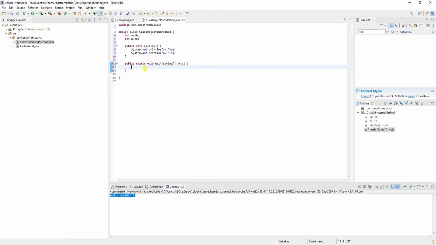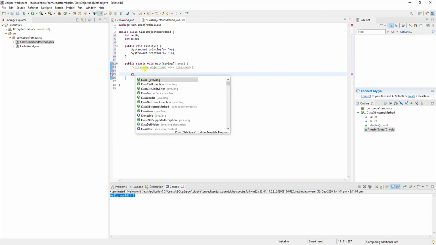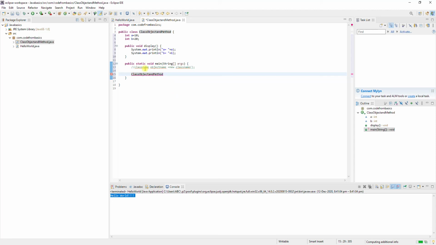I have to create an object. So what actually does object mean? It should be a class name, object name, and equal to new class name with parenthesis and semicolon. So what's the class name here? It's class, object and method. So I'm just typing cl and control space, so I'll be getting class, object and method. Then I'm going to give com. Class, object, method com is equal to new, control space, press enter, it will complete it.